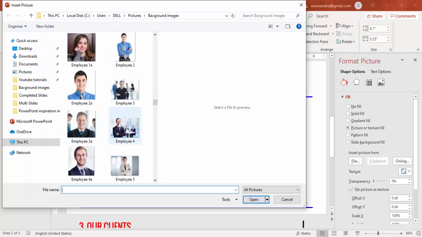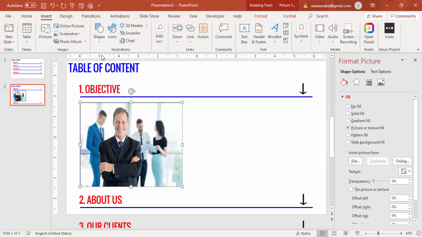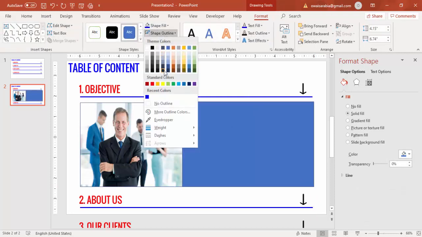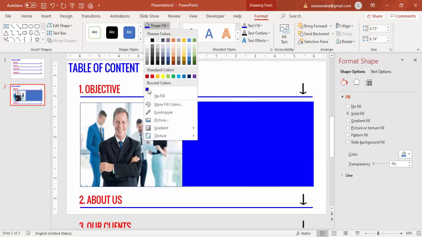For example, let me just select this image, and then I'm going to add one more rectangle. This is for the text. Shape outline, make it no outline, and you can give the same blue color,